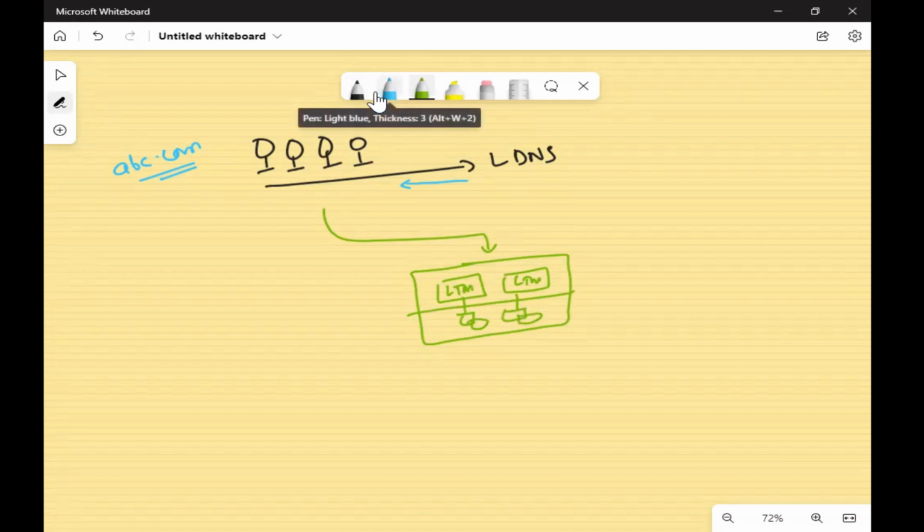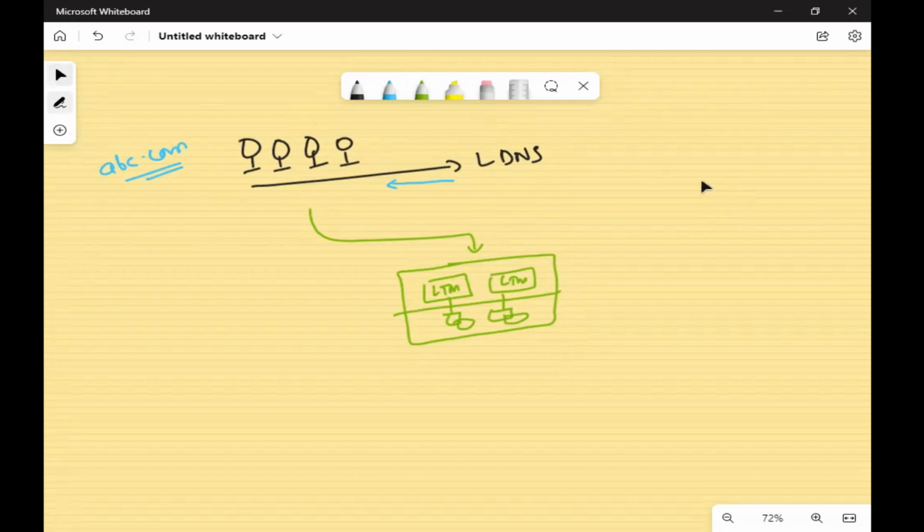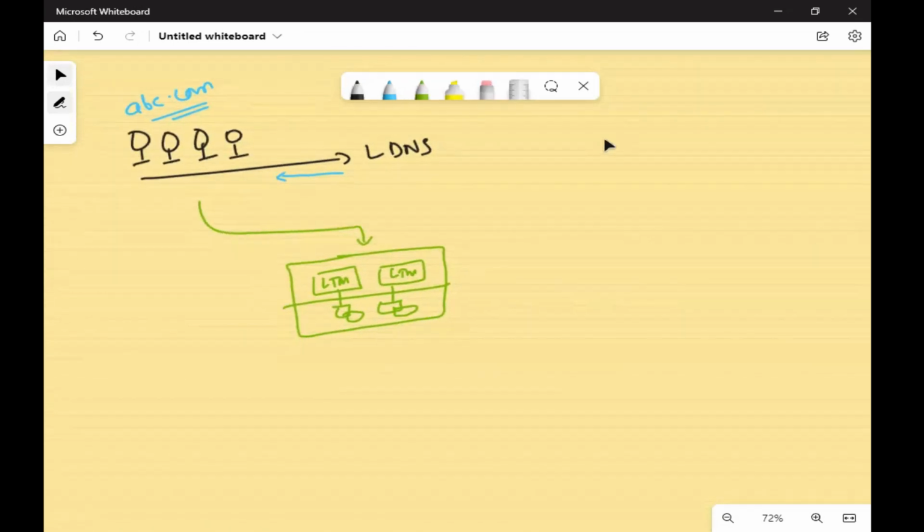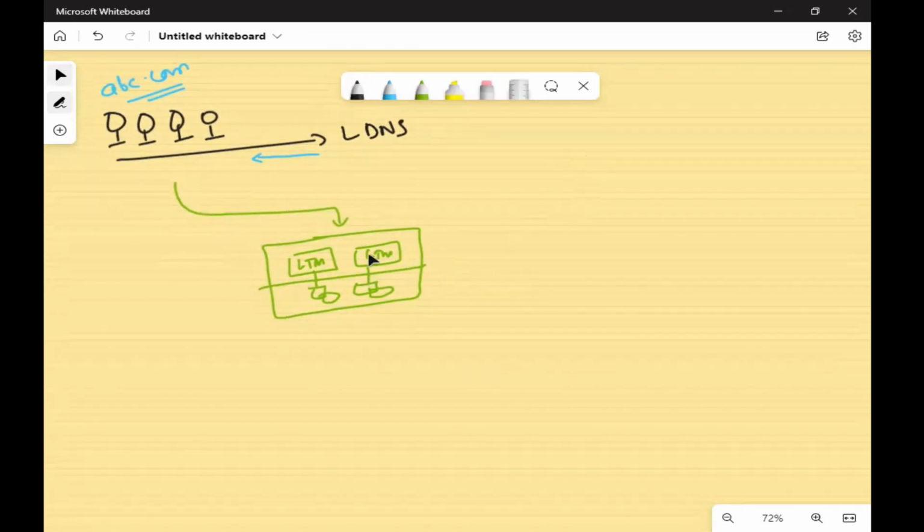I'm taking a single DC this time. I will explain these requests in a more iterative way, but for the time being, let us take it as a single DC. So this is how your request will go to the data center, and in this data center, one of the